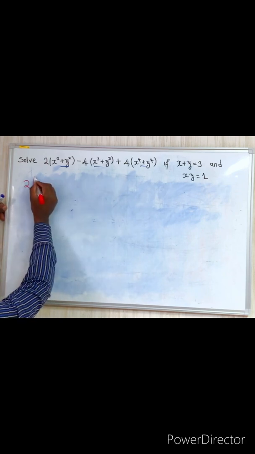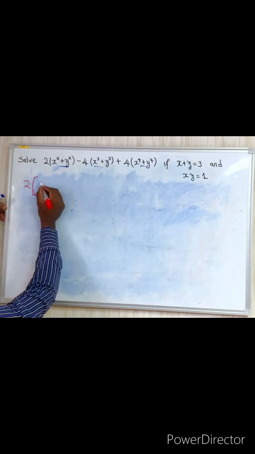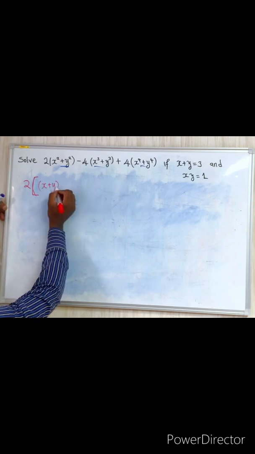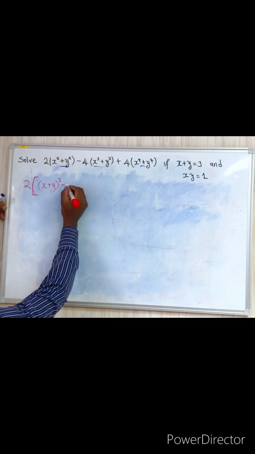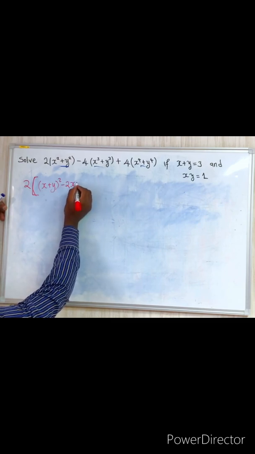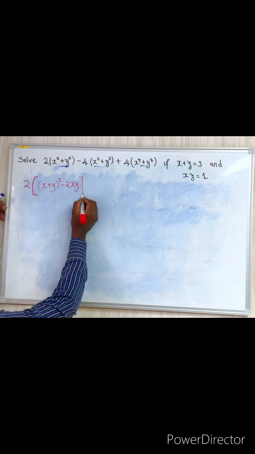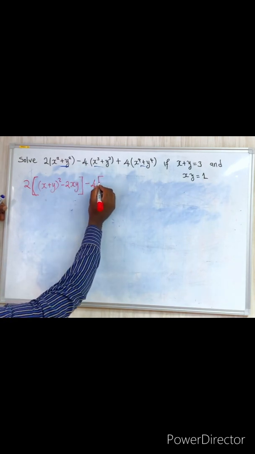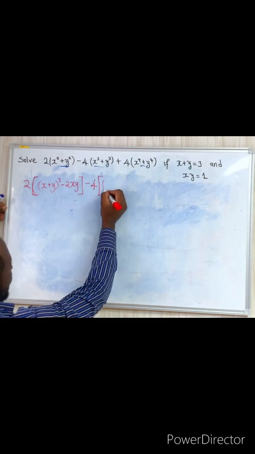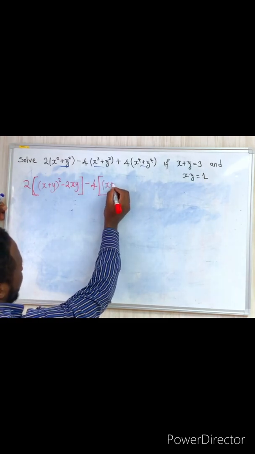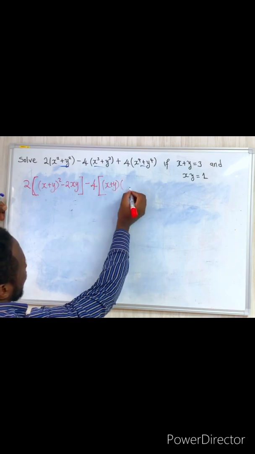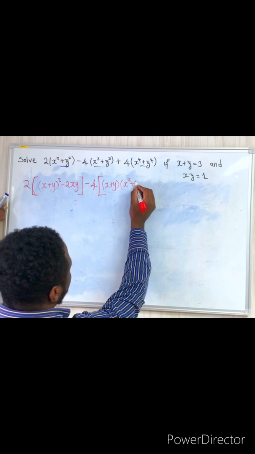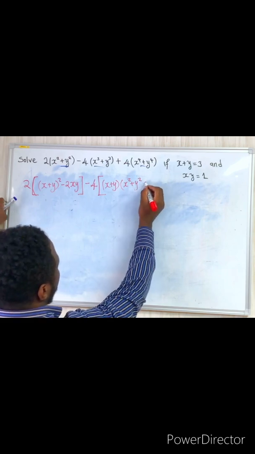Then what we found there was, this was the same as x plus y squared minus 2xy,